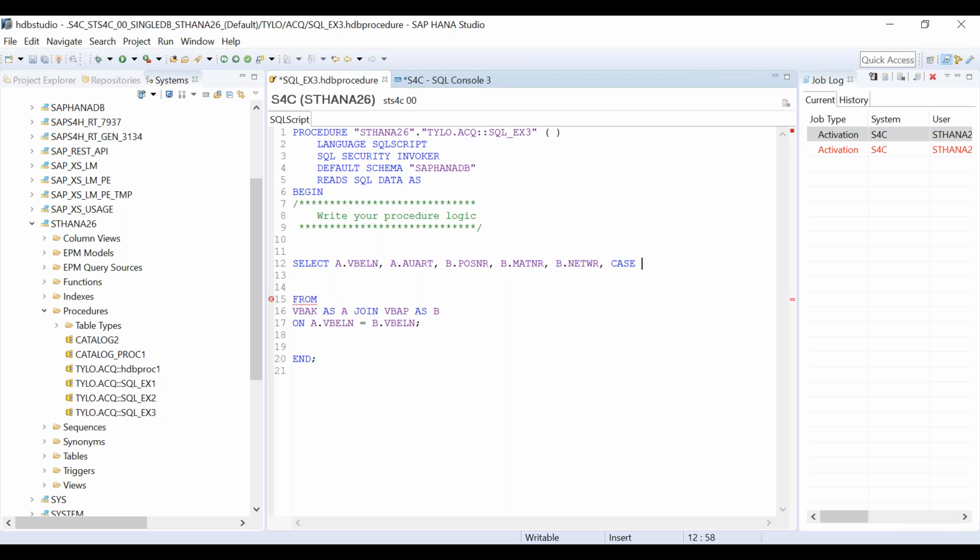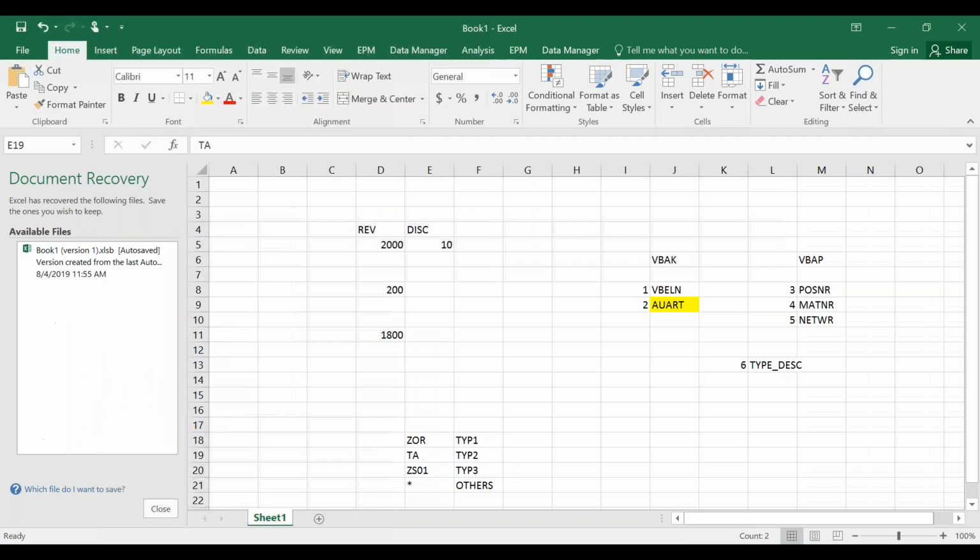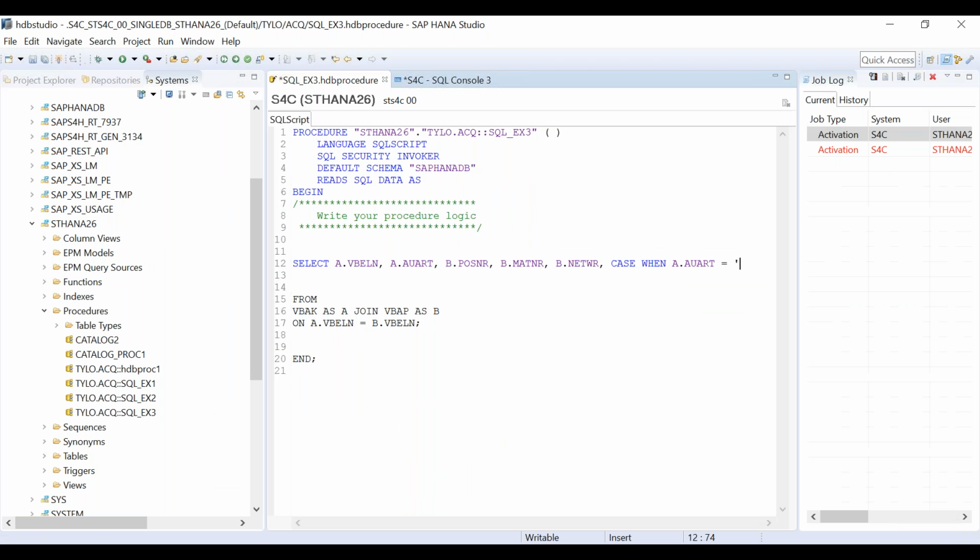The case is case when this AUART is equal to ZOR.